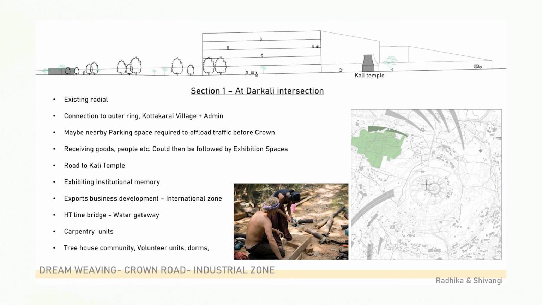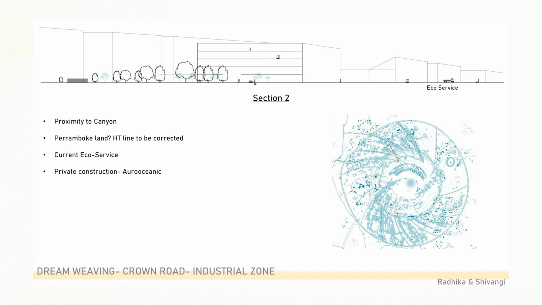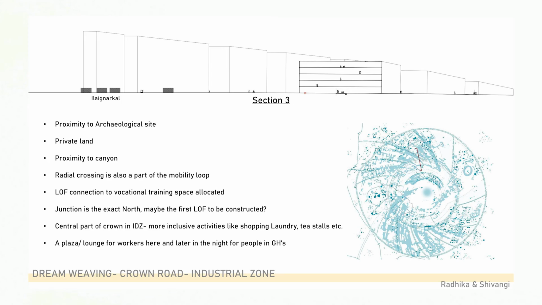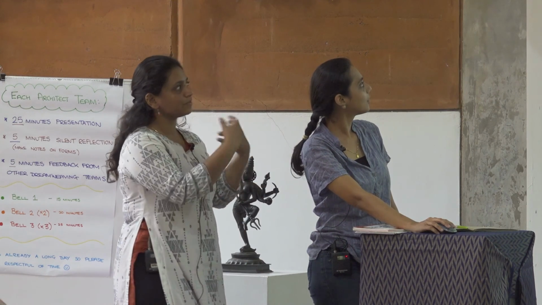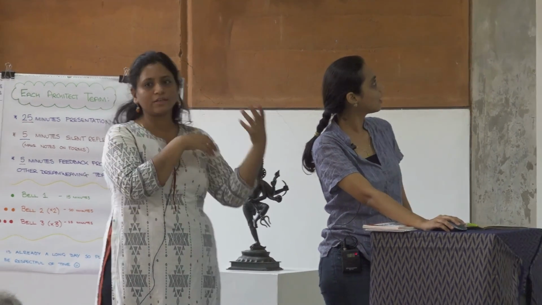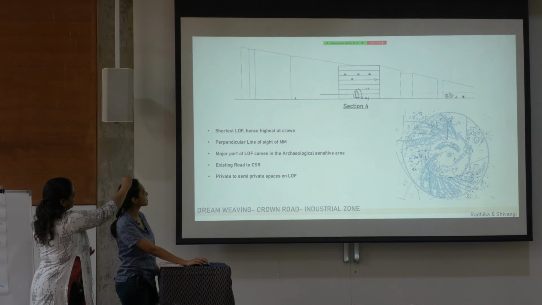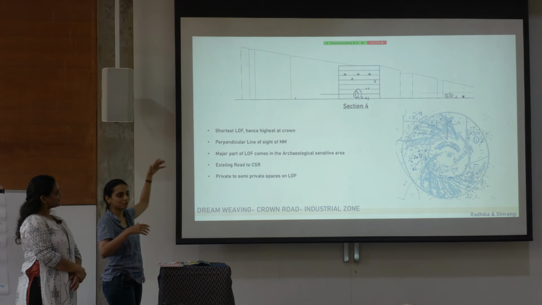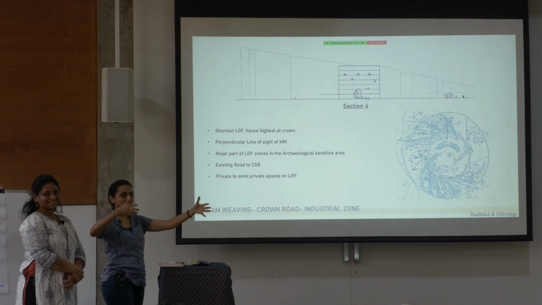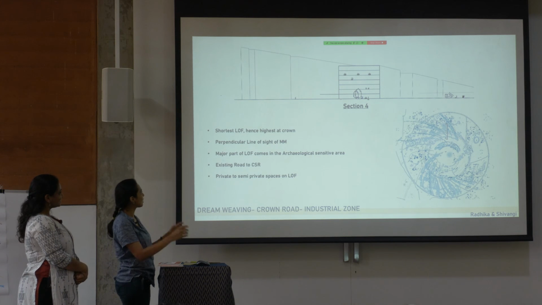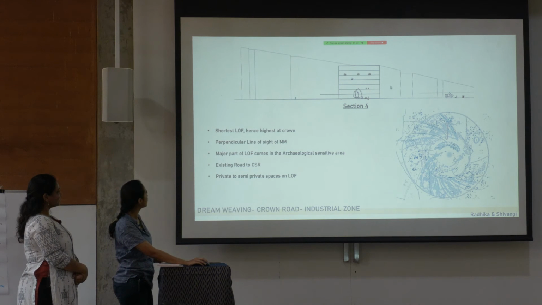We've identified the sections, as we were mentioning before, and there are the existing scenarios, and then we start seeing how the crown can transition. The next step would be to place the whole idea of activities onto these sections and start seeing these transitions we spoke about. It's really interesting to see the scale of the line of forces that is projected, and how, in future, how do we... thank you.